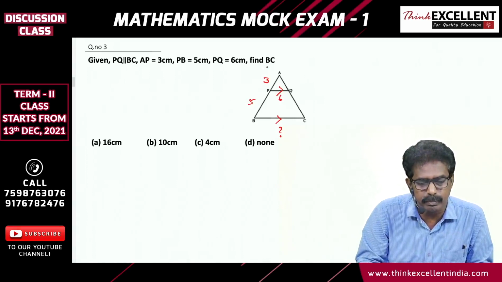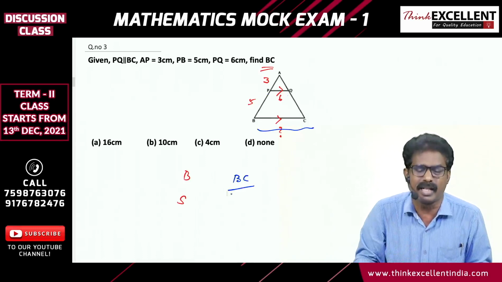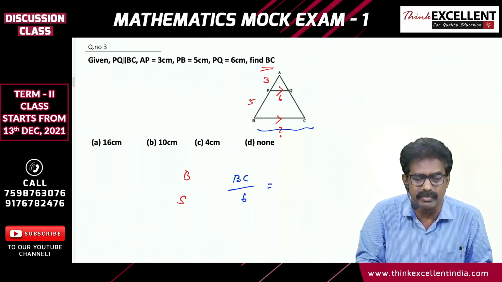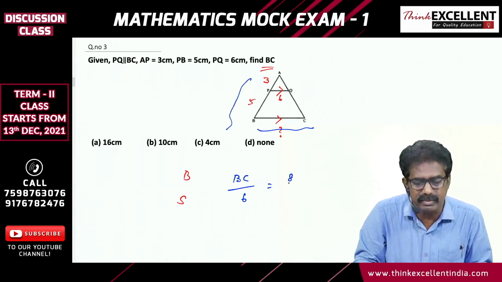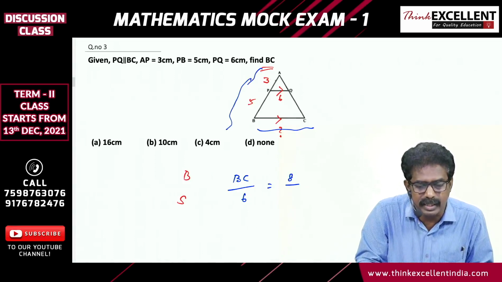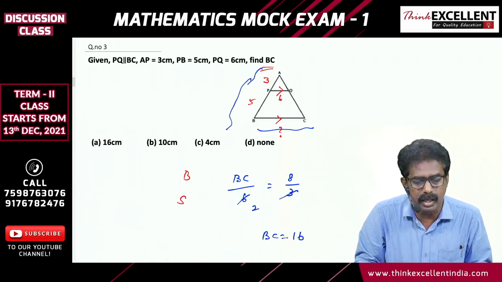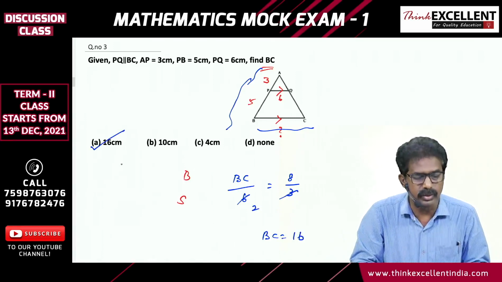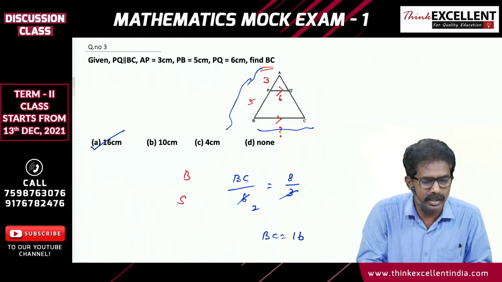If we want to find BC, right? So for the big triangle, then small triangle I'm writing. For the big triangle, you take the base. What is that? BC. Small triangle, the base is PQ. Straight away write the length. It is equal to 6. So you can save time, right? Now for the big triangle, I'm writing this side, that is AB. It is 8, 5 plus 3. For the small triangle, that side, that is AP, it is 3. So 3 and 6 you cancel. You are getting 2. Cross multiply. BC is equal to 8 2s are 16 centimeter. So A is the correct option, right? Now that is sum number 3. Now let's move on to sum number 4.